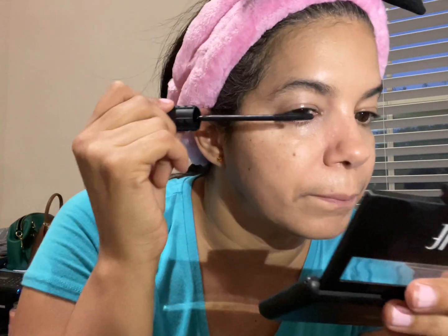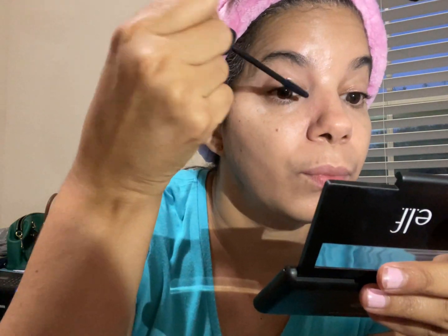I really like it. Look, even when you do your mascara, normally I will get some mascara on me, but this one is not even showing up. That is pretty cool. I like that. This is the side that we burn the...